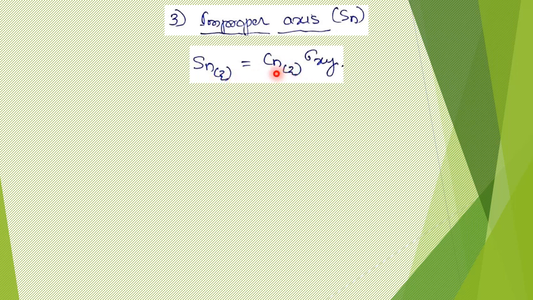So this operation, essentially the improper axis operation, will be called rotoreflection. That rotoreflection operation or alternate axis will be defined as rotation on the z-axis followed by reflection in its perpendicular plane, because sigma represents reflection operation or plane of symmetry. So essentially it is the product of both these. First we should perform proper rotation on the molecule, and then it should be followed by reflection in the perpendicular plane. See, that is the significance.